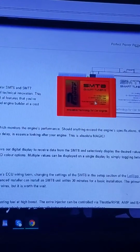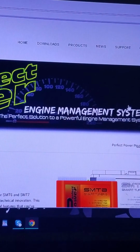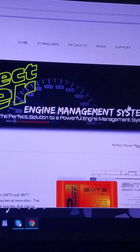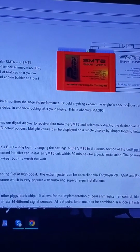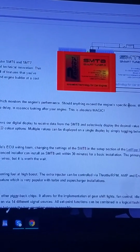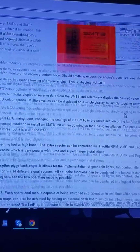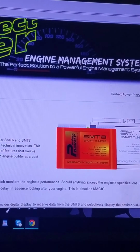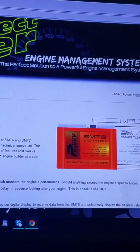The beautiful thing is you can actually hook an external display up to the SMT8. A lot of people don't realize that, this is a company out of South Africa and it's kind of been by the wayside, but there's a lot of different platforms that still utilize SMT8 to this day. And SMT6 worked very well for the QR, for the people that actually invested the money into it. If I was going to do anything, I would definitely go with SMT8 just because of the fact that when you look at the price point of SMT8,